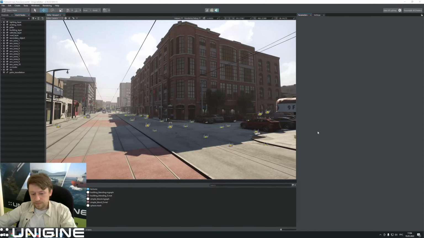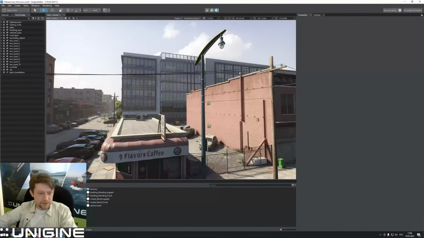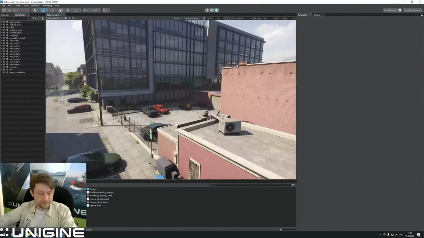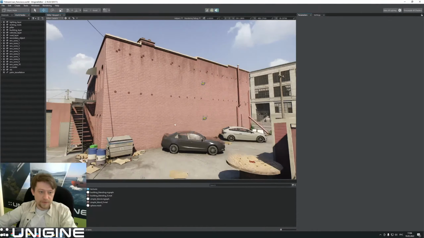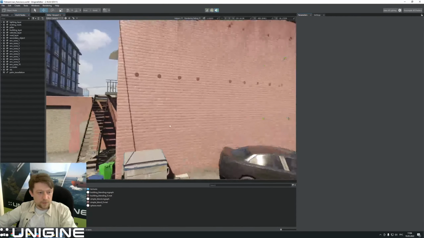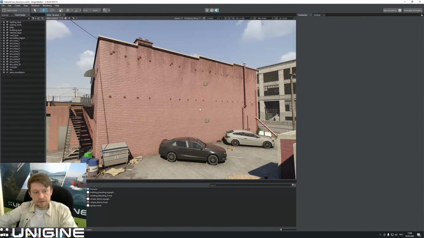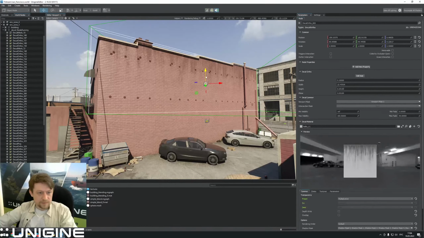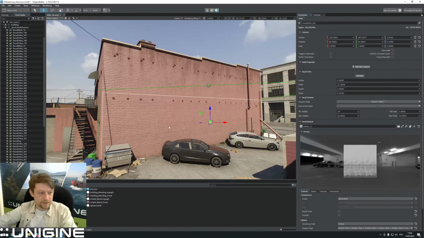So I have a scene right here in UNIGINE, with the city. I've prepared just a small piece of content here for this stream. So let's just start with this building. It's like a wall made of painted brick or something. It's a pretty simple material here. It only has two decals, I believe, being projected onto this wall. Let's just recreate it, and by that,